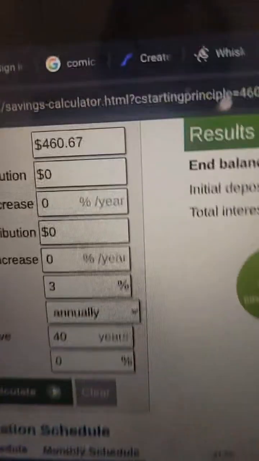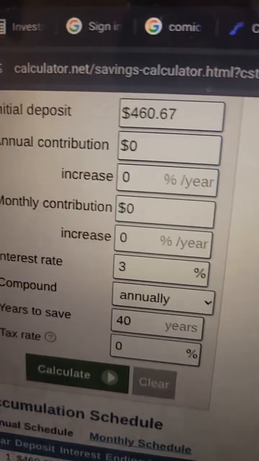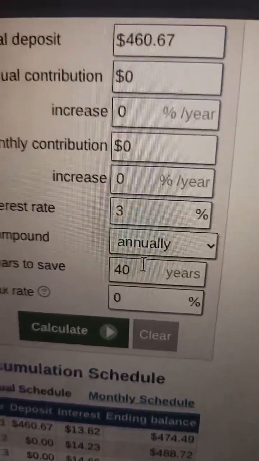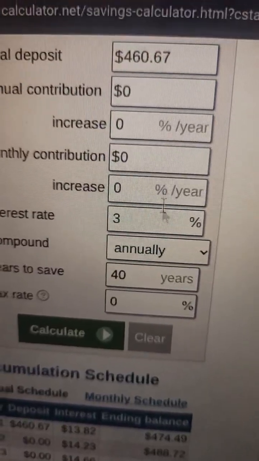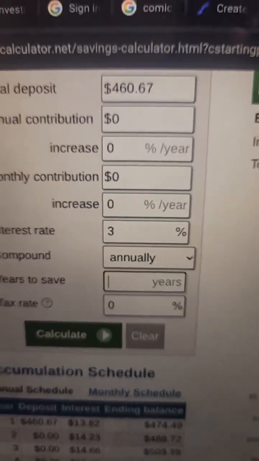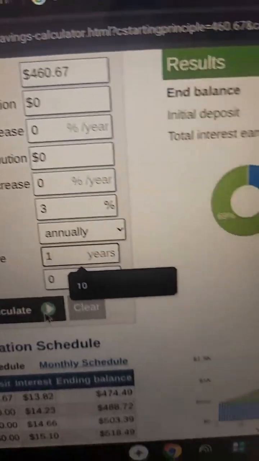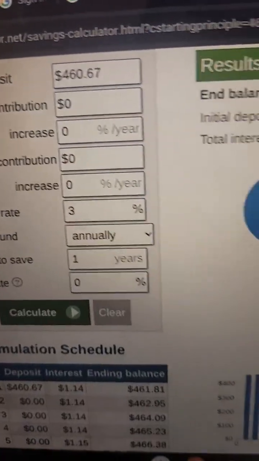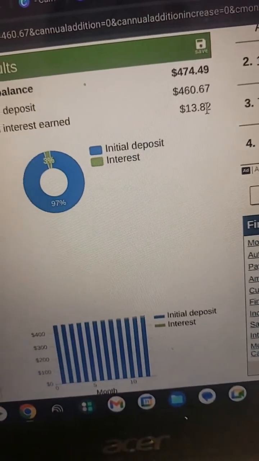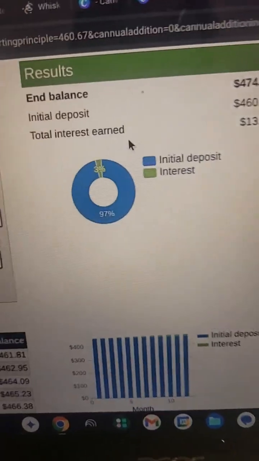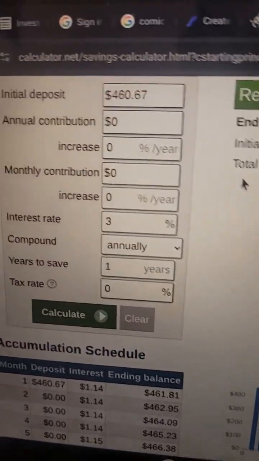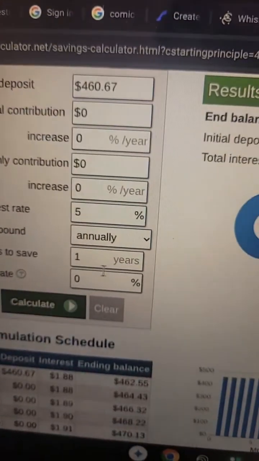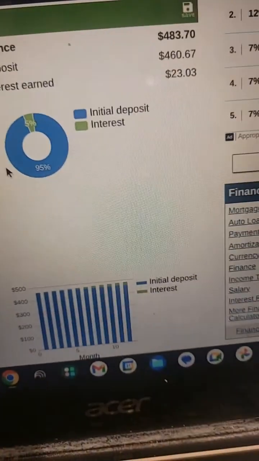So I bought a contract for $460.67, right? And within a year, this is what you make. One year at 3%, you make $13.82, right? Within a year. Now let's go to 5%. Within a year you make